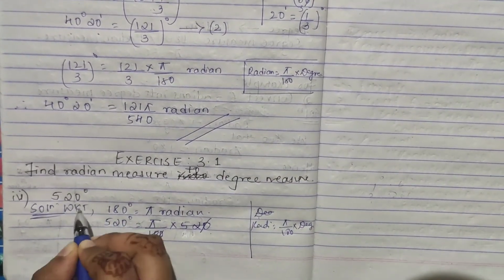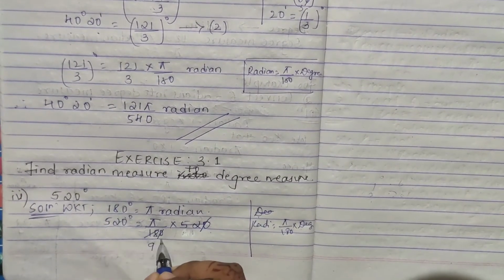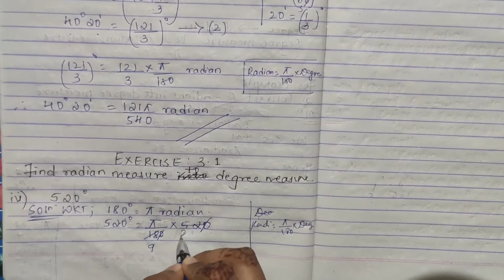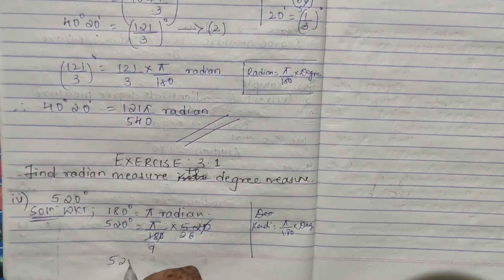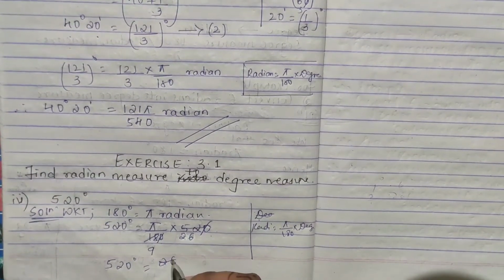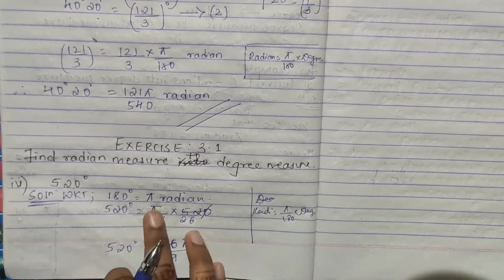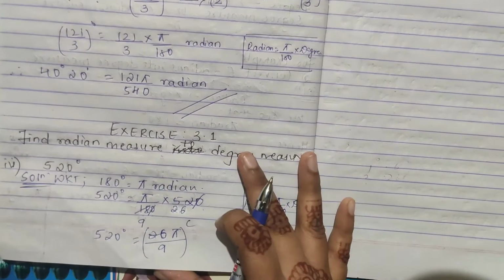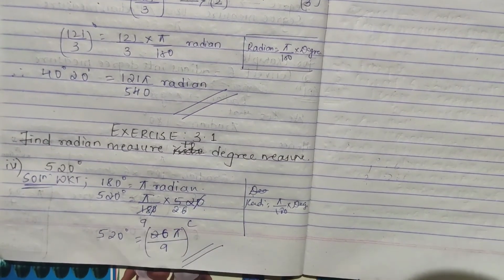We know that 180 degree is equal to pi radian. So 520 degree will be what? Pi by 180 into 520. So this 0 cuts off, 9 2s are 18, 2 6s are 26. So finally you get 520 degree in terms of radian. How will it be? 26 pi by 9. Yes, you are getting 26 pi by 9 radian. If you want, you can write it like this, or if you don't mention it also, it is okay. It is 26 pi by 9 you are getting. Okay.